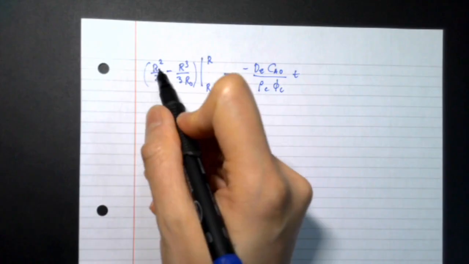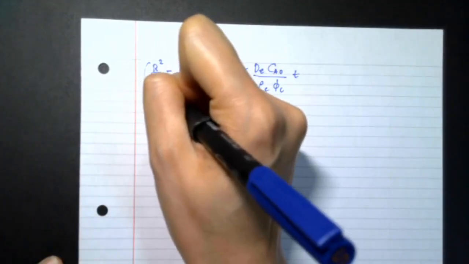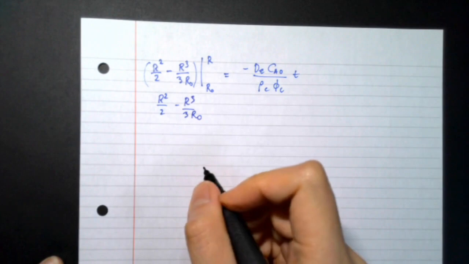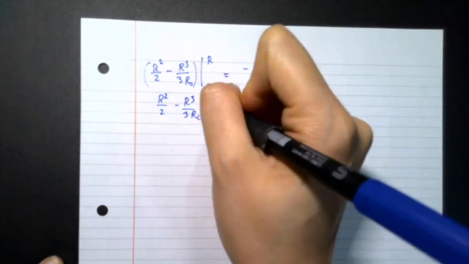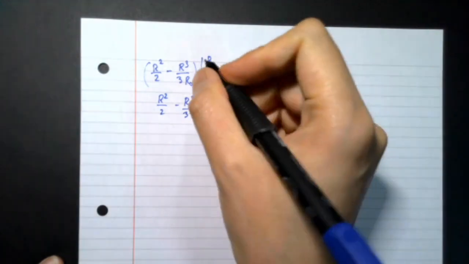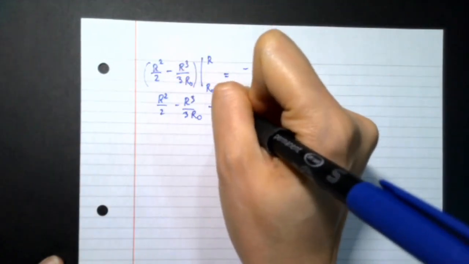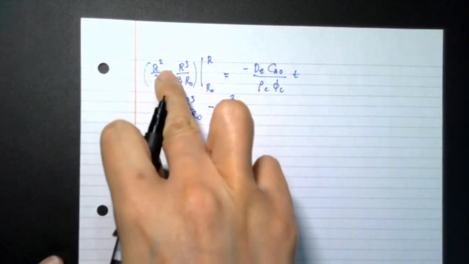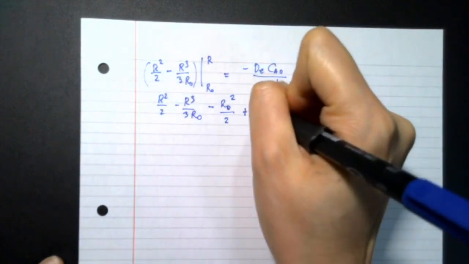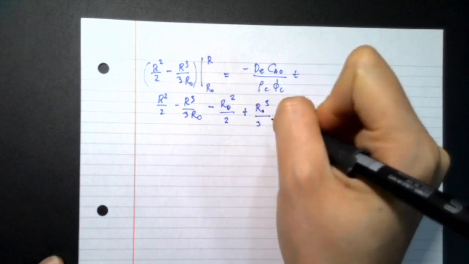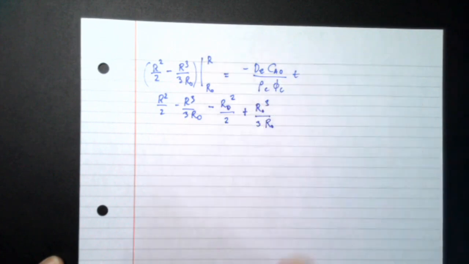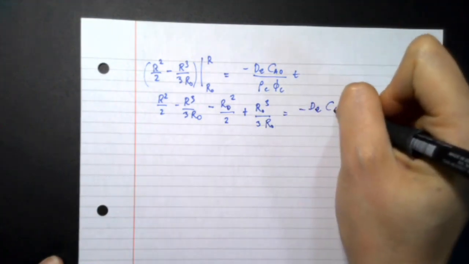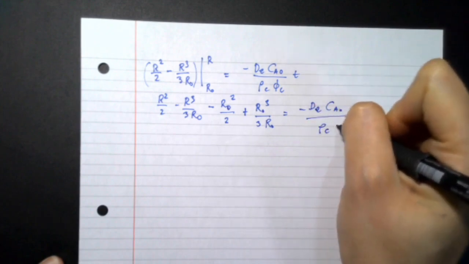Let's evaluate the left-hand side. At R equal to R, we'll have R squared over 2 minus R cubed over 3 R naught. And then minus, at R naught, R is equal to R naught, so we have R naught squared over 2. Then minus, and then we have another negative sign there, so we'll have plus R naught cube over 3 R naught. And this is equal to negative dE CA0 rho C phi C